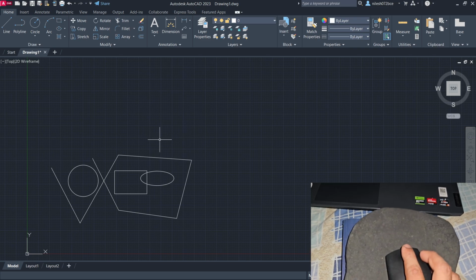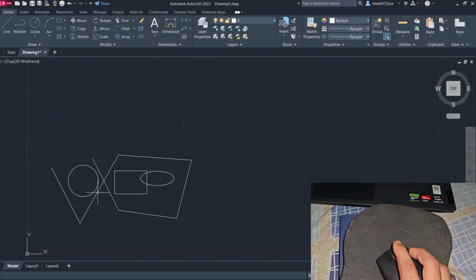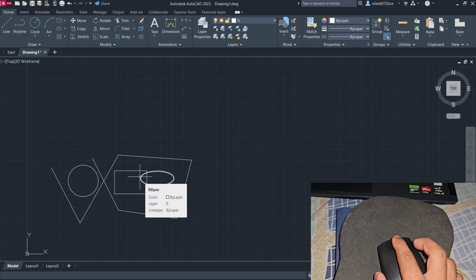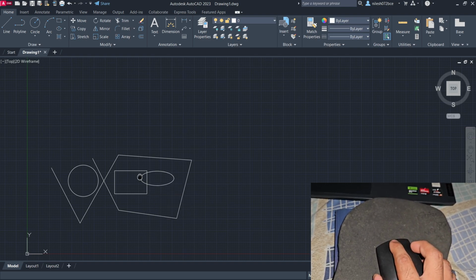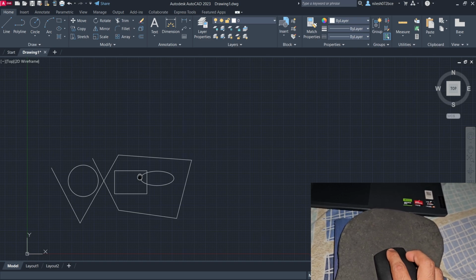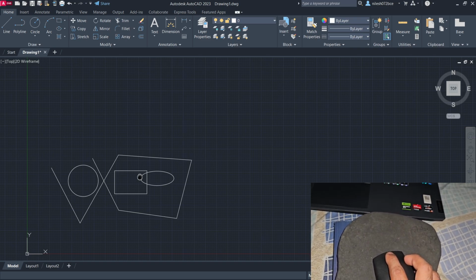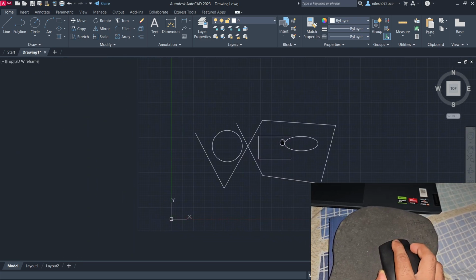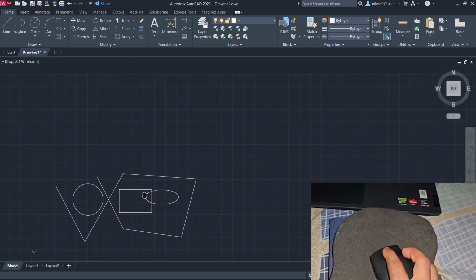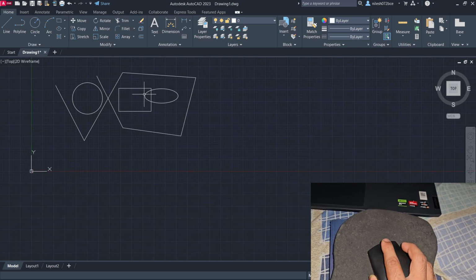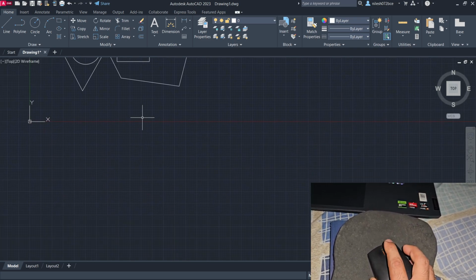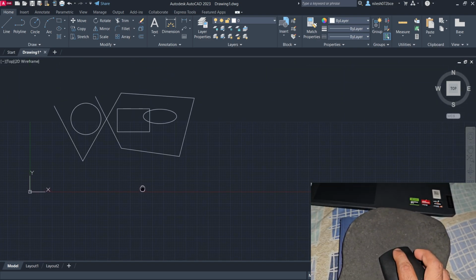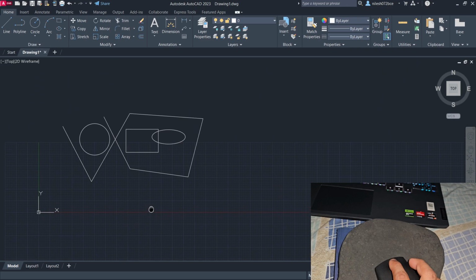For example, I put my finger on this wheel and press and hold it, and then on your screen you can see the hand sign. Then drag your mouse to the location you want. Suppose your drawing is too low, then you can make it high by just panning it. See, this is the function of the mouse, and this is the result you can see on your screen.